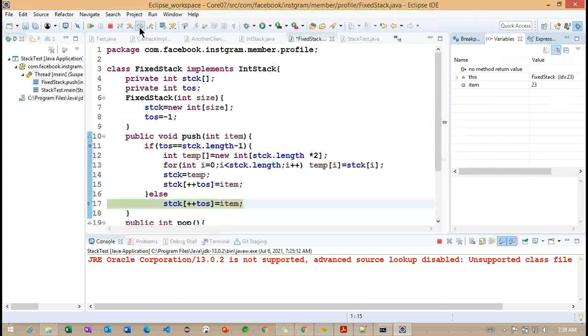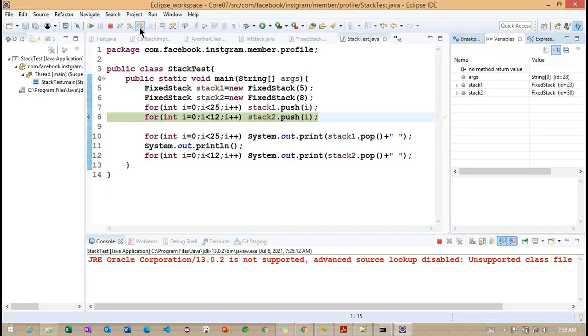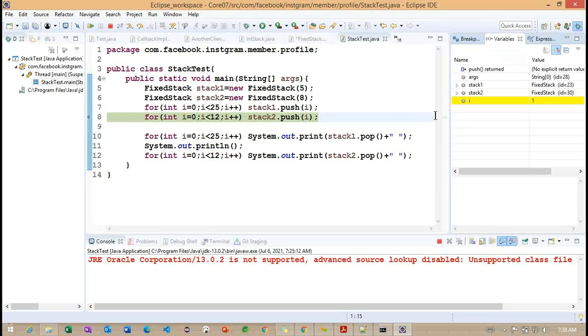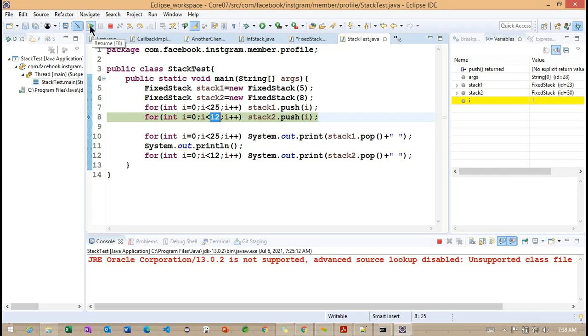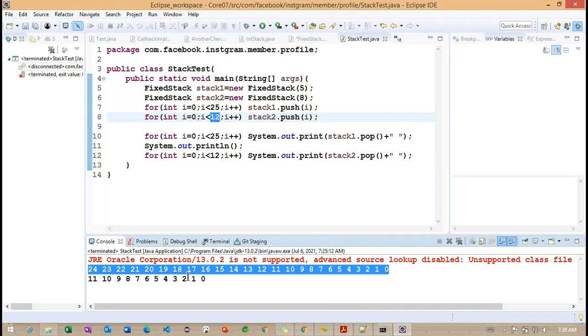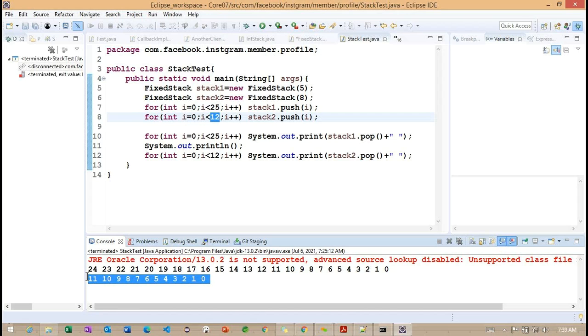So this is all about the creation. Now, it's not going to create a new object here because we are inserting within the size here. So this second record is going to be called 12 times here. Okay. Now let me close this particular breakpoint. I'm trying to print all the values. Now you can see 0 to 24 and 0 to 11. Getting the point? So this is the way these objects are created based on the dynamic size.